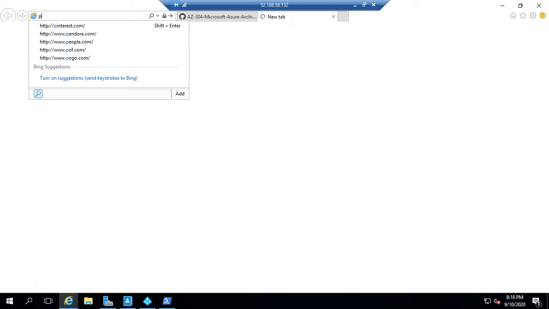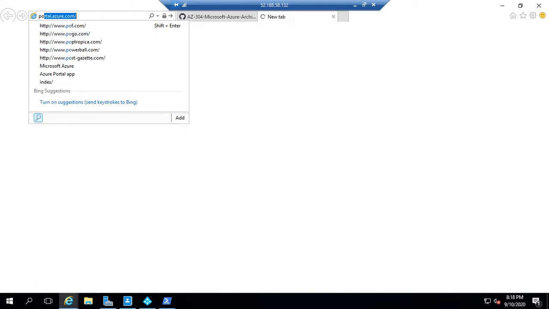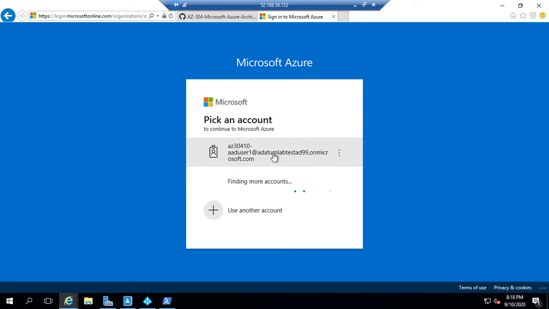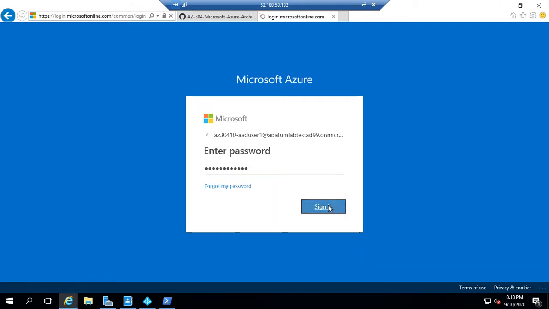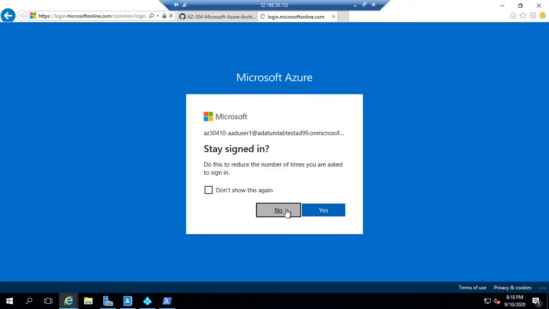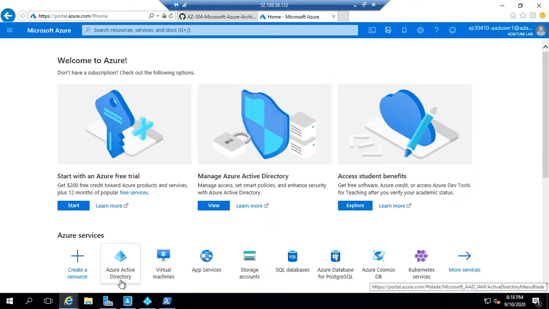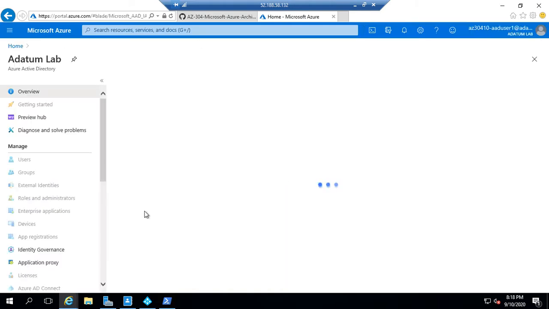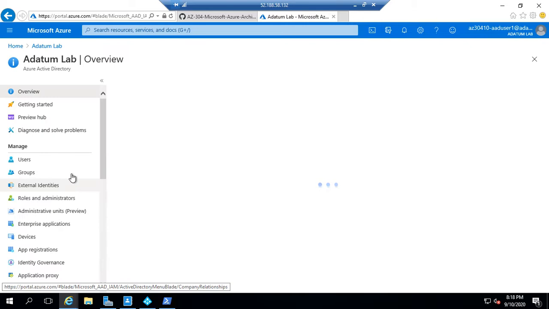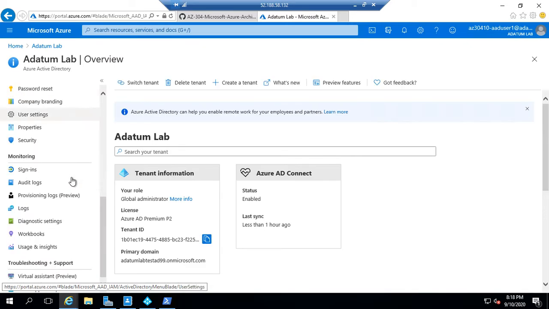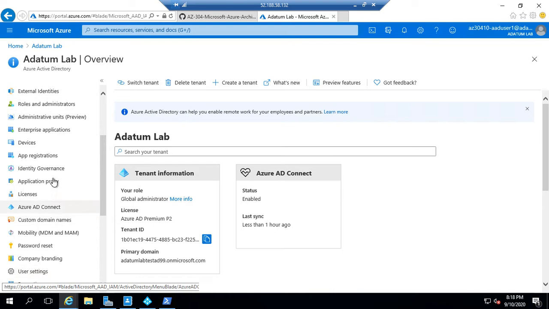So let's log in to portal.azure.com from here as well, and I'm already logged in. So let's go there, go to Active Directory, go back to user 1 and go to premium. What I need to do is go to licenses,